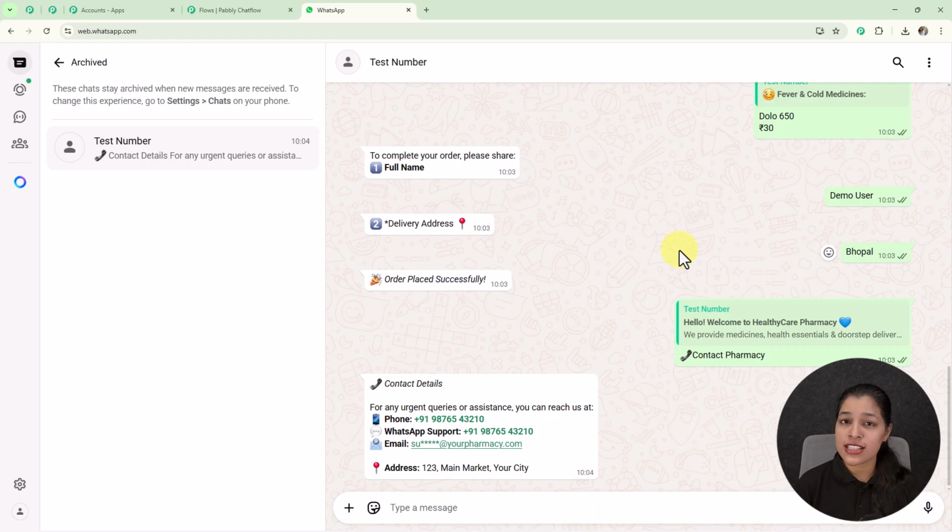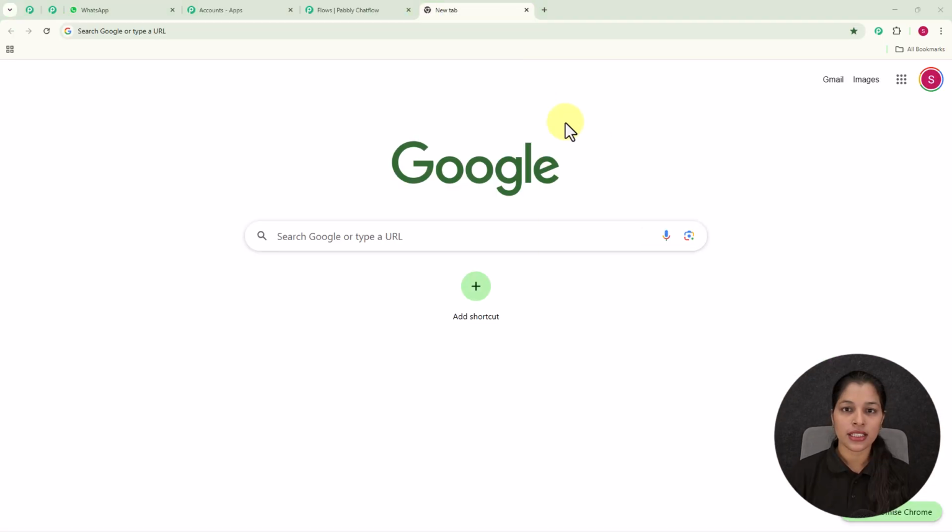And isn't this WhatsApp chatbot amazing, which is automating all your orders? And now I'm going to show you the step-by-step process of creating this amazing WhatsApp chatbot for your own pharmacy. So for that you have to access Pabbly Chatflow, and for accessing Pabbly Chatflow you just have to type its URL over the new tab, that is